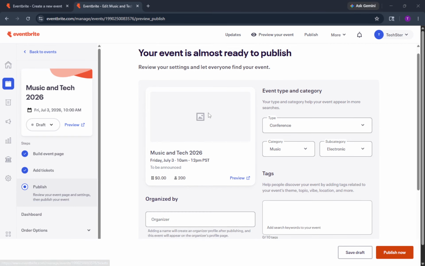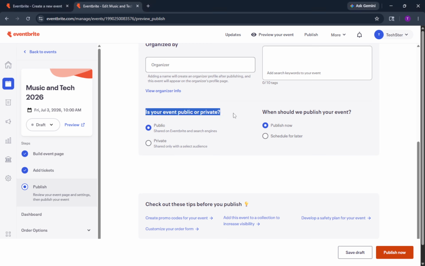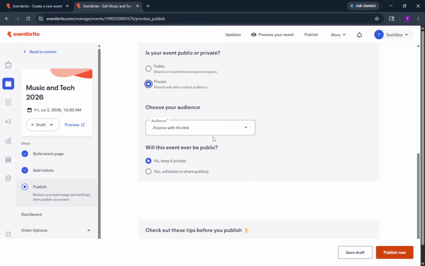The second option is a password-protected event. In this setup, guests must enter a password to register. This adds an extra layer of security. Choose a password that's easy to type but hard to guess, and share it separately from the link. Once you've selected the option that fits your needs, save your changes so the privacy setting applies to the event.